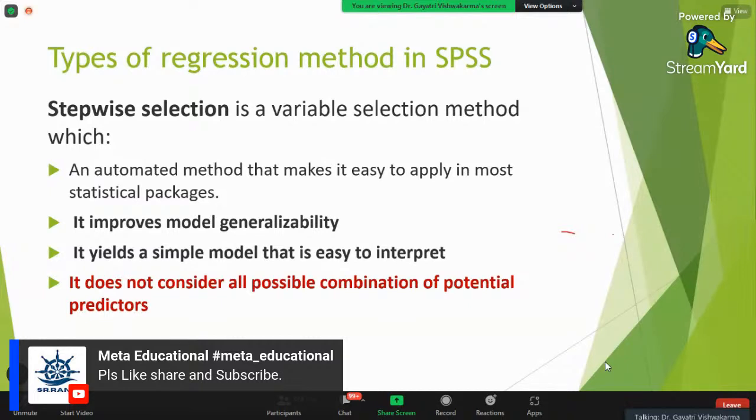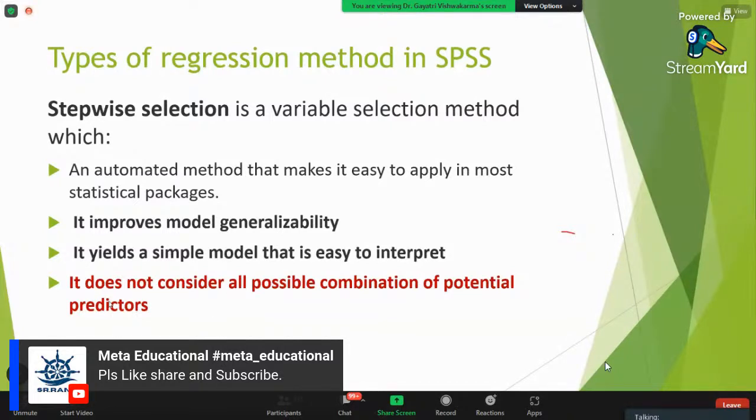Even then, the software is saying no, we have to remove that particular variable. But clinically, statistically, the software is saying it should not go into the model. But as a clinician, or as an investigator, or as a researcher, you have to take a call: no, this is a very important factor that has to go into the model. Then if you are using stepwise, you are going to lose that information. So in that case, you should not use stepwise selection.